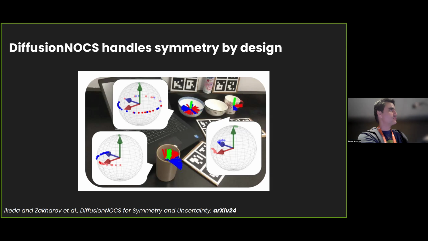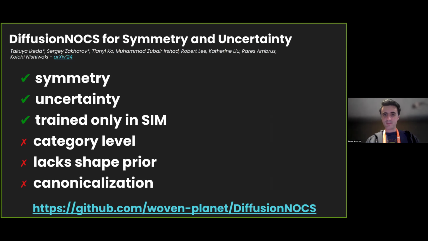And then we have a cup that's closed where we kind of see the handle, but not really. And then we have poses that are distributed in a set of configurations that make sense given that observation. Okay, so to summarize, we can handle symmetries and uncertainties. We trained in sim. We checked generalization to the real world, and